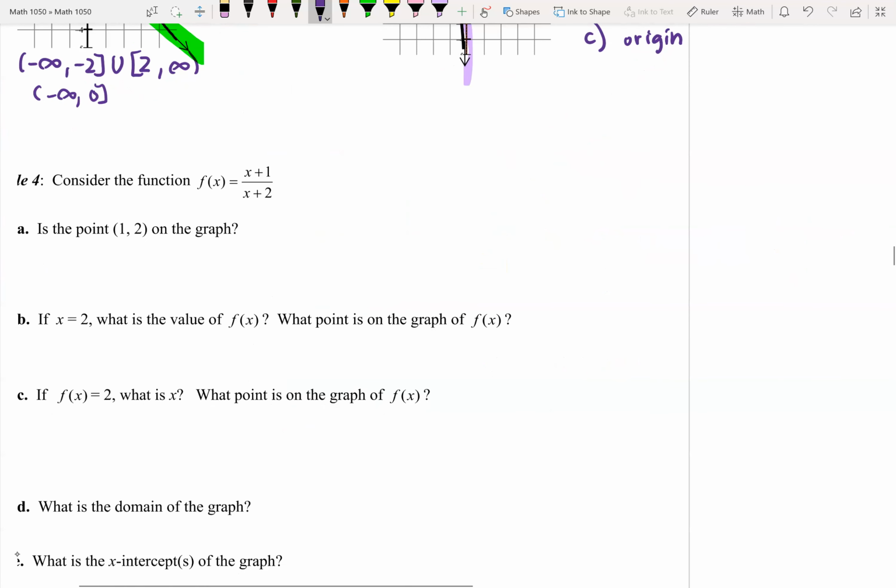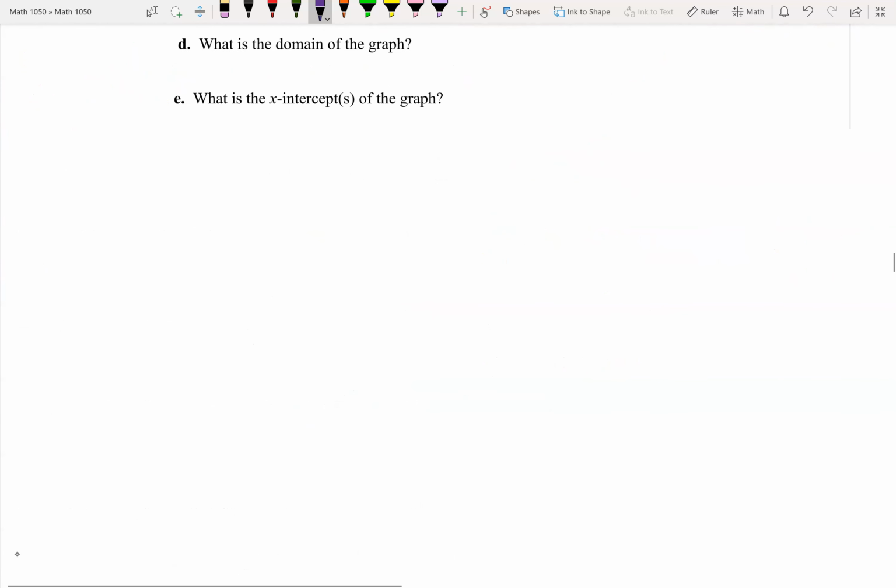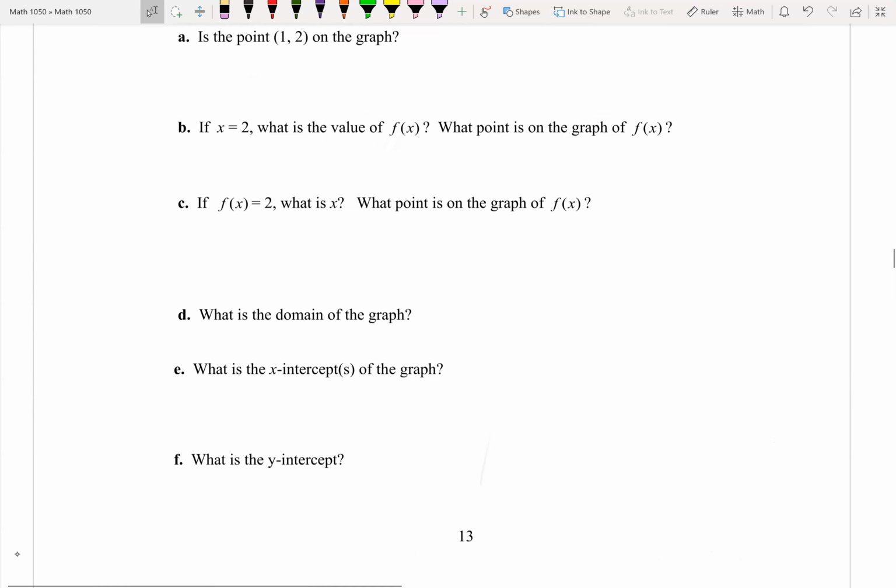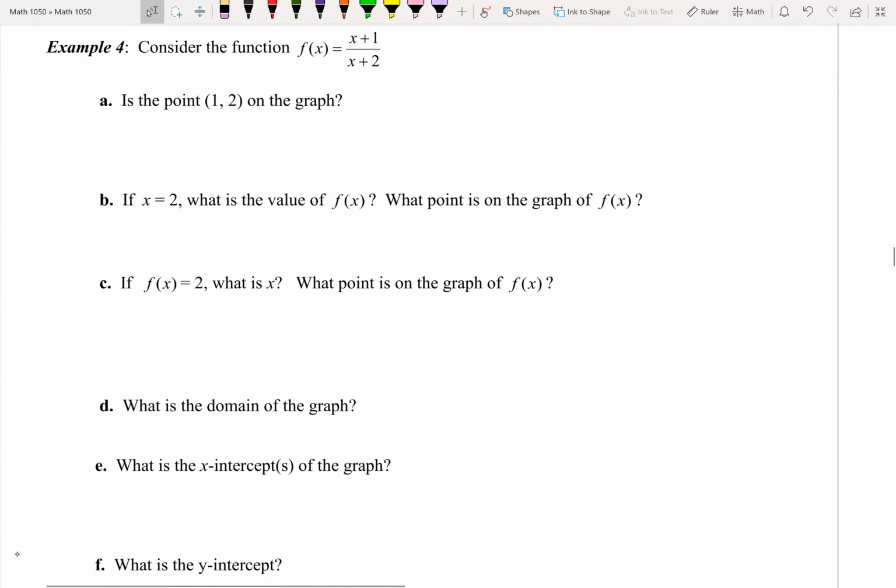Good. You have to go x and y in any order. Okay? All right. Question 4, and then we're done. This is a really quick lesson, and then we've got lots of things to talk about. Okay, consider the function. So I'm just going to tell you guys, will you listen? I think you'll see this question